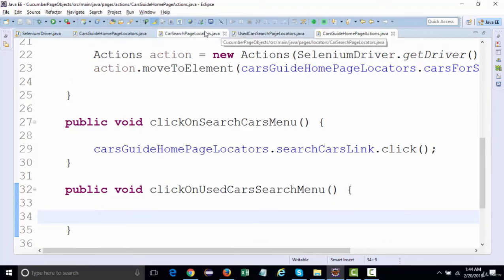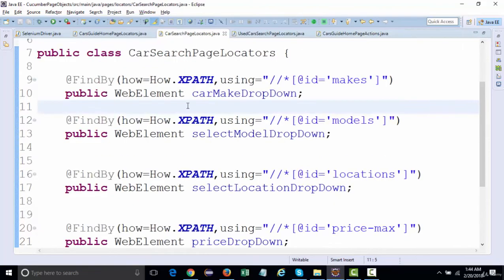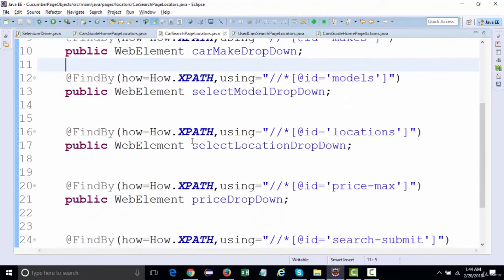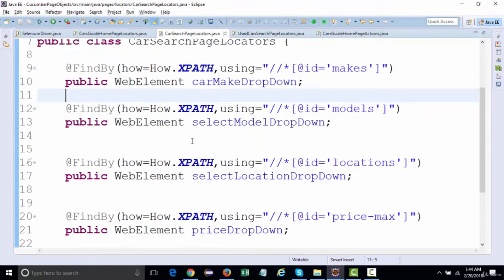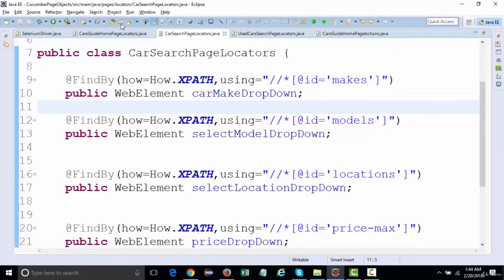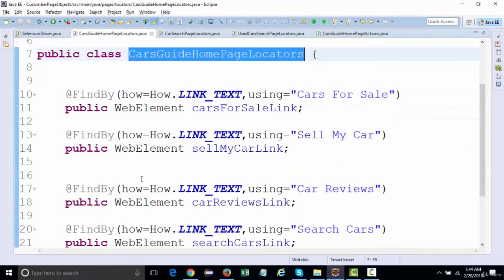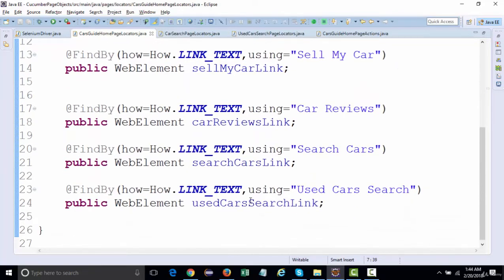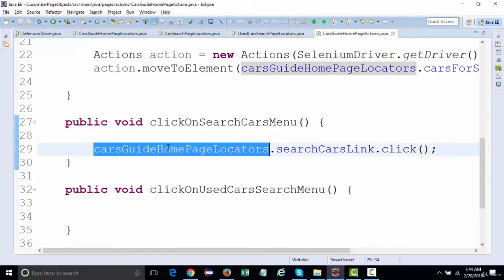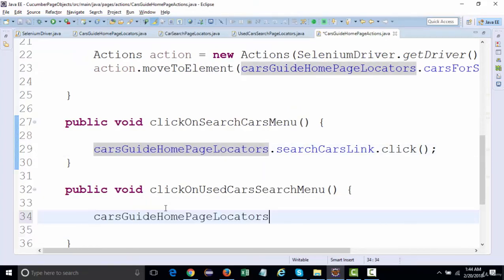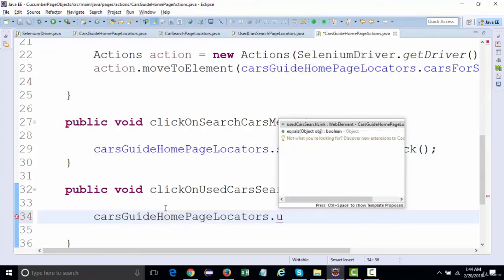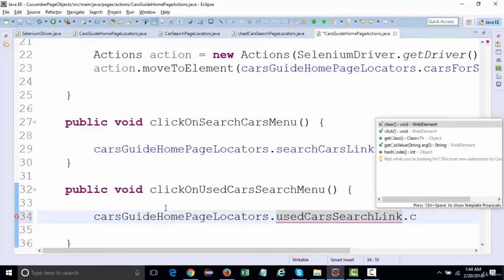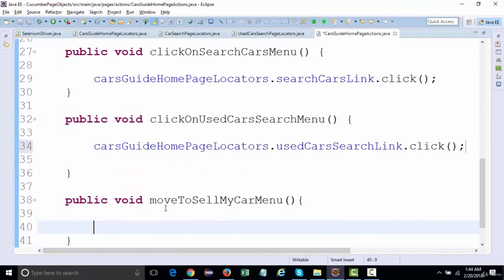Let's see, we have defined it in the locators. Used cars, we have not defined. It is inside homepage. Cars for sale link, search cars, used cars. Yeah. So this is what we need to do. This dot use car search dot click, right? Then